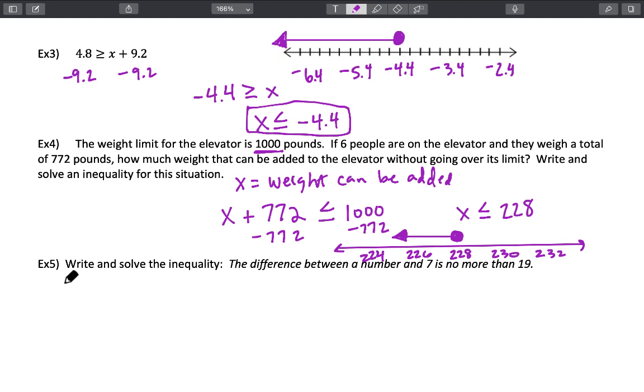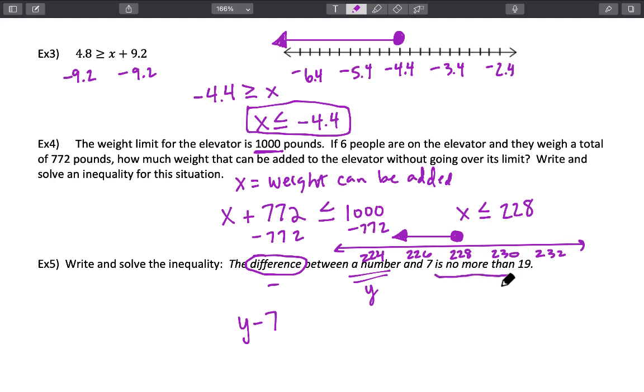Finally, example 5 says write and solve the inequality. The difference between a number, that's our variable, and 7 is no more than 19. A couple of key English words here. Difference means subtraction, so we're going to subtract between a number, that's a variable. Let's just call that y, and 7. So we're going to say y minus 7, there's the difference between a number and 7, is no more than